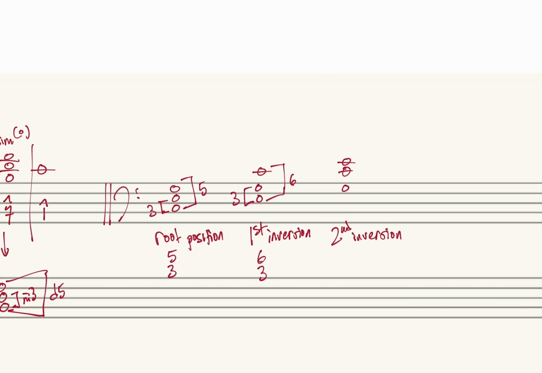And in second inversion, the figures are from the bass, which is the fifth of the chord. G up to E is 6, and G up to C is 4. So this is called 6/4 inversion. In other words, the figures, again, just mean the intervals expressed as sizes above the given bass,